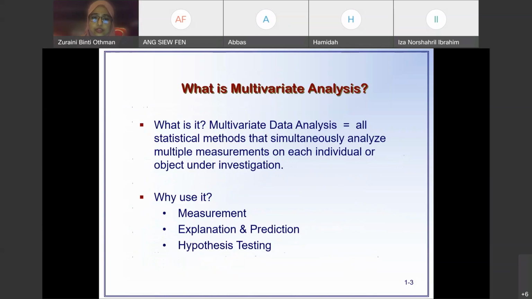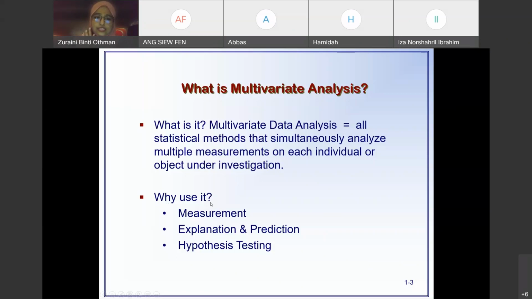Okay, we use multivariate analysis to do a test for the sample. For example, if our sample is graduate alumni, where you want to measure her or his employment after they finish their study, and what data is involved for that particular person. This person, we call it each individual or object under investigation. That's the person that we want to investigate. And then for that particular person, it involves variables to measure.